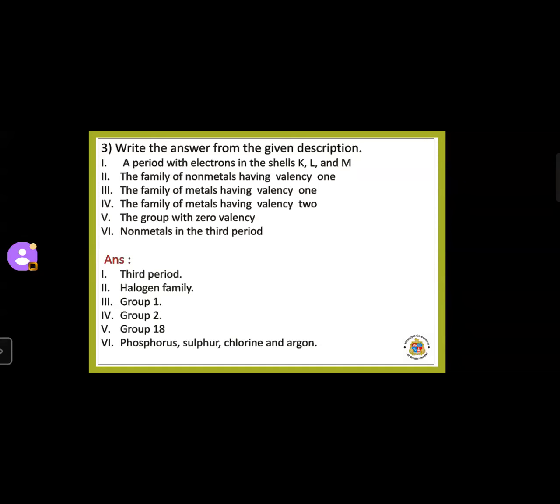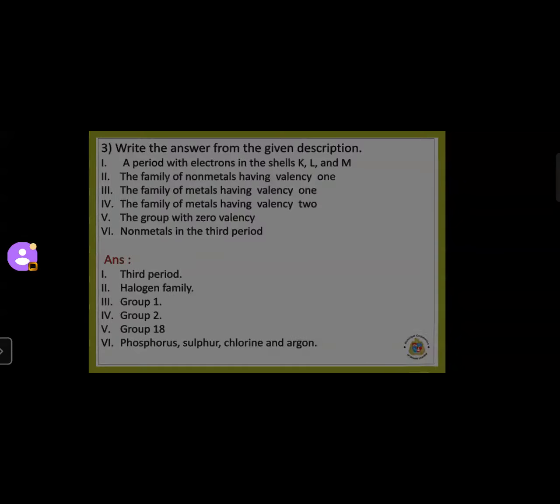Sixth one is non-metals in the third period. Now third period consists of sodium, aluminum, magnesium, silicon, that are the metals. But non-metals in third period, that is the phosphorus, sulfur, fluorine, and argon. These are the non-metals in the third period. Okay. Now next question,